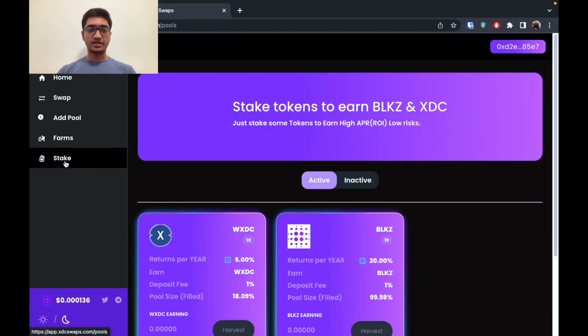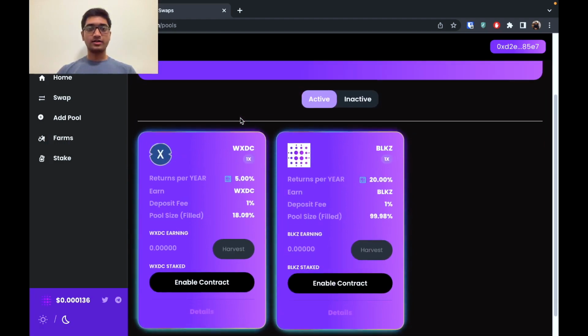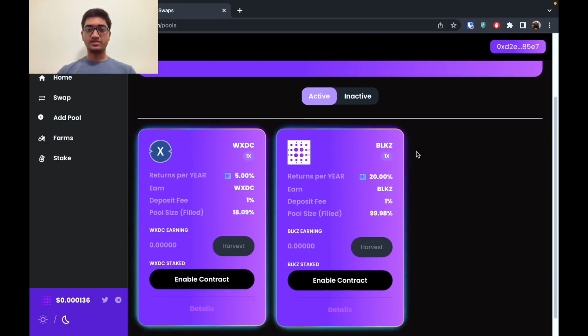Finally, if we go to stake, we can see WXDC and BLKZ. So what staking essentially means is, if you have a proof of stake algorithm, you can add tokens of that particular type, and whenever a new block is created, there's some staking reward that gets created. So that staking reward is then distributed among all of the stakers in proportion to the amount of that coin you have staked on that network.